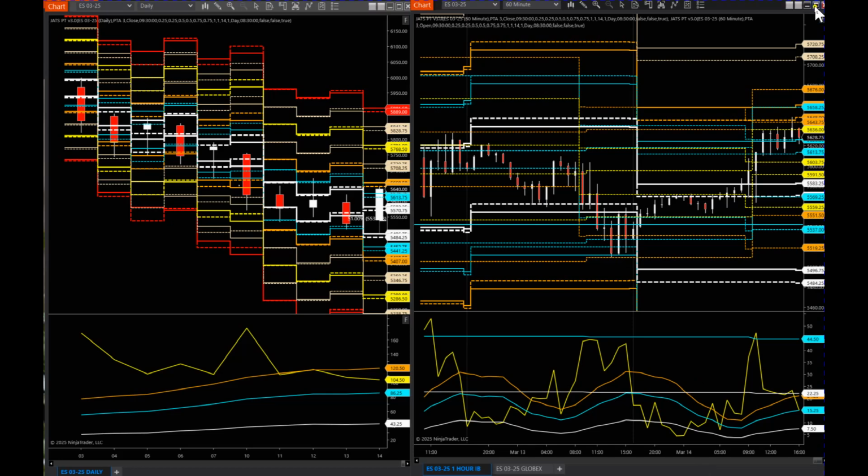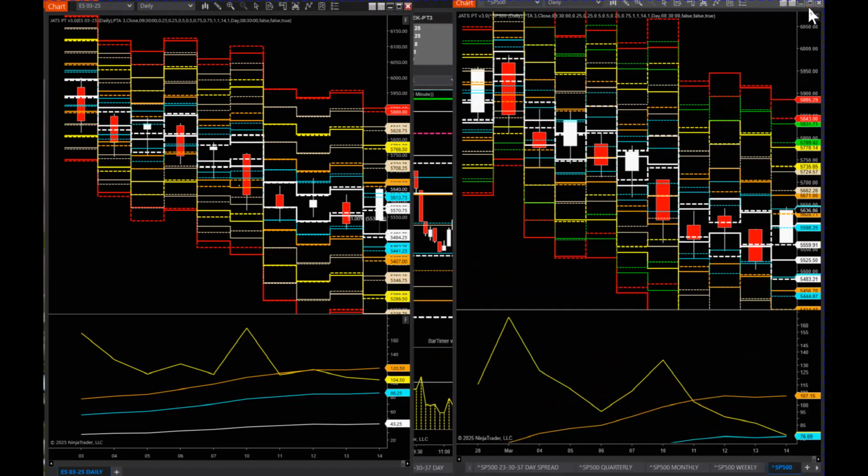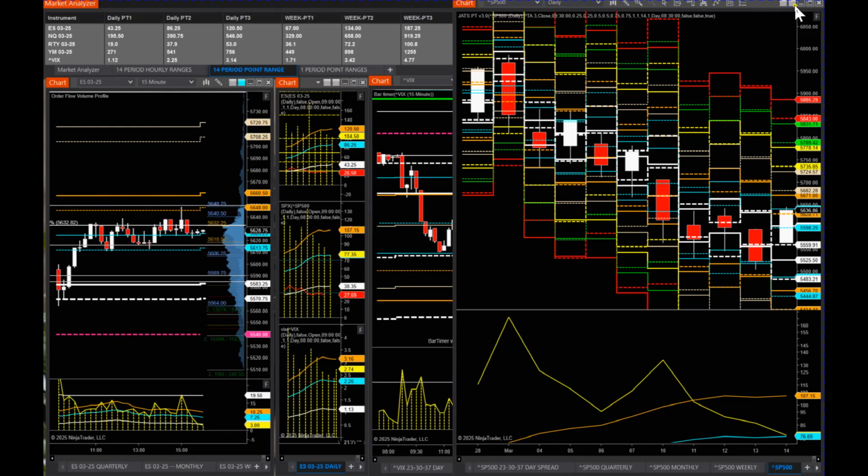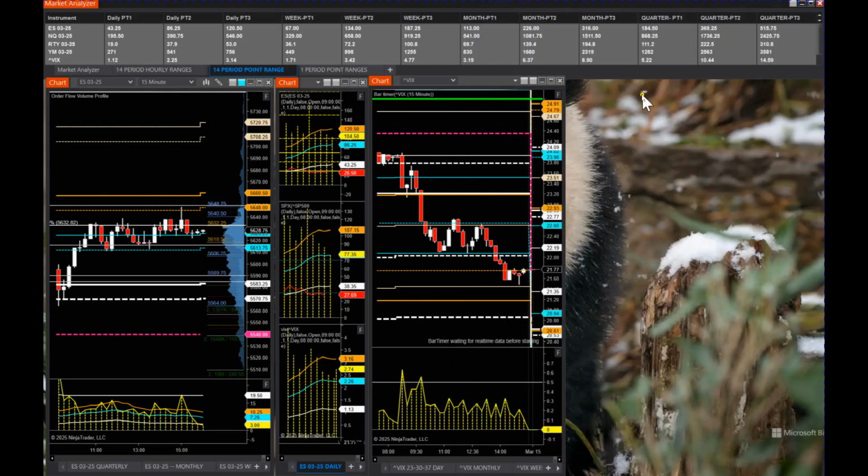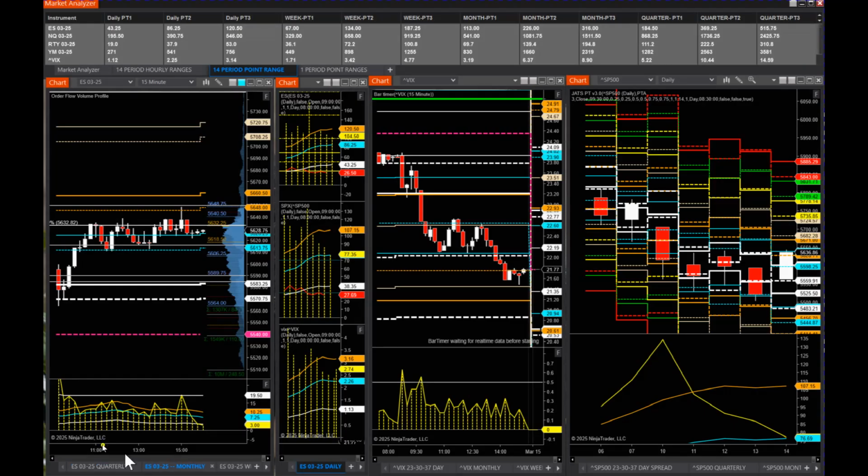I've got VIX and SPX doing the exact same thing. Let me show you that. Oops, where did my SPX go? Hang on. Okay, here it is. So we can do everything with the VIX and the SPX the same. We can show hourly ranges and daily. So over here in this column, the yellow bars against the lines, this is depicting